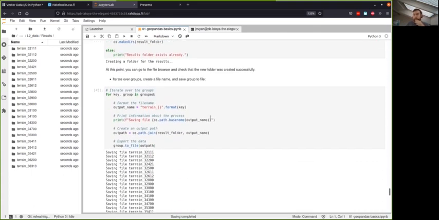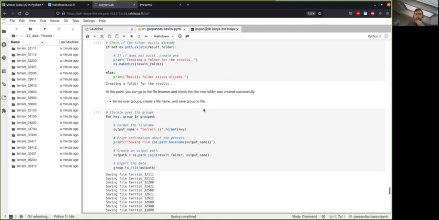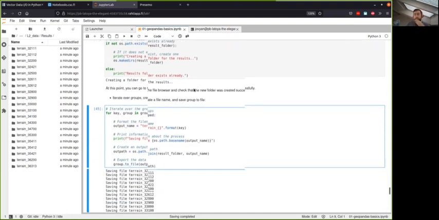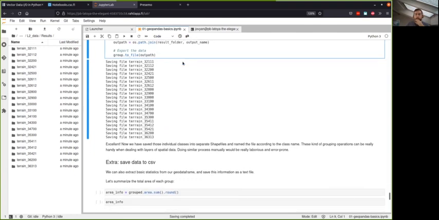Yes. There's a question that someone is not getting a folder. I am not sure why, but try to double check the formatting of the output path, that it is the results folder that we created above, and then that is the output path. Okay,